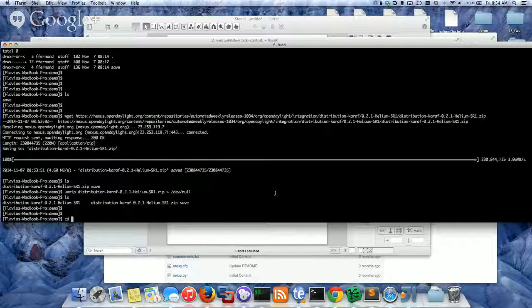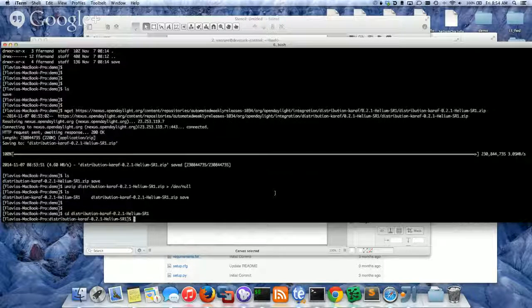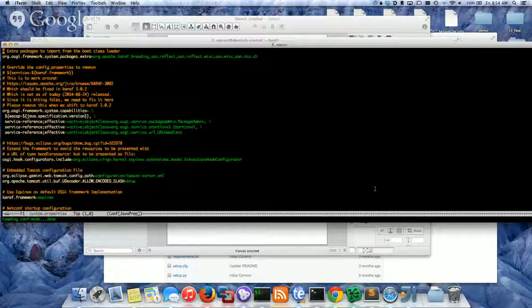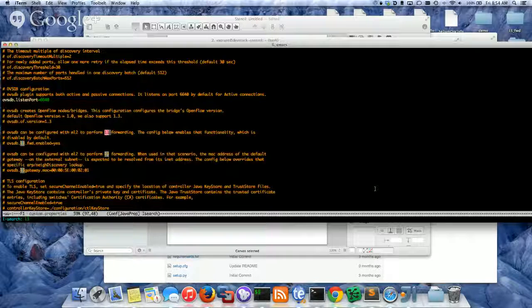Okay, so now that I'm here, I go to the distribution directory that I just created, and I need to do one piece. Normally the L3 forwarding feature is disabled in Helium. What you need to do is to edit a file. In that file, and I'll have a link for all this later, is etc custom.properties. So in here, if you search for L3 forwarding, you see that it's commented out. You just uncomment the line, save it,